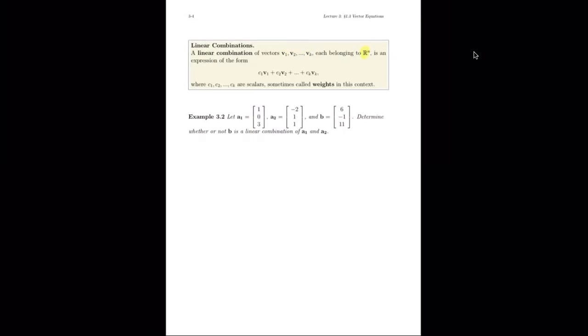R3 is three-dimensional coordinates. R4 is four-dimensional space, and so on, and n could be any value there. Anyway, if we have k vectors that are among that space, k not necessarily being equal to n, clearly, because they're different letters, and we have scalars c1 through ck,